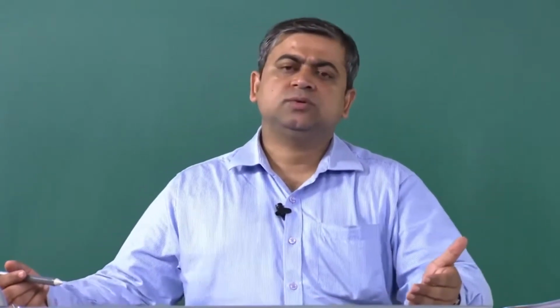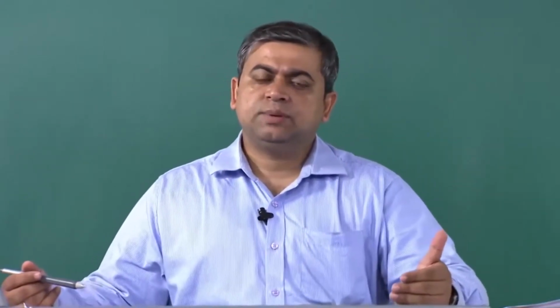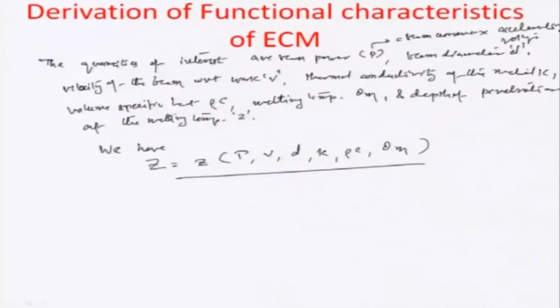So, basic dimensions in this particular case, because we are using terms related to either work, energy, or velocity, or even temperature, there will be 4 basic dimensions: mass, length, time, and temperature. And so, we express all these different independent parameters in terms of these basic dimensions. So, let us start with power. Power, for example, is force into distance per unit time. So, the basic dimensions would be that of force, that is M L T^-2, times L divided by T. So, this is M L^2 T^-3. Similarly, you have for velocity L T^-1,